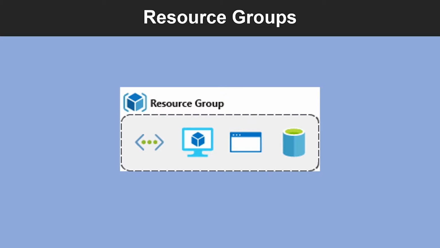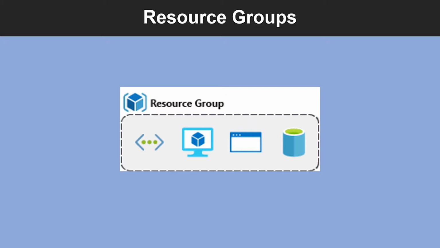All resources must be in a resource group, and a resource can only be a member of a single resource group. Many resources can be moved between Azure resource groups, with some services having a specific limitation or requirements to move. Resource groups can't be nested. Before any resources can be provisioned, you need a resource group for it to be placed in.